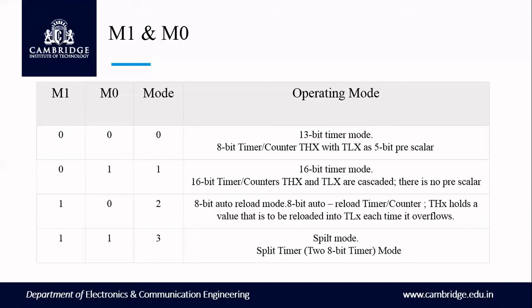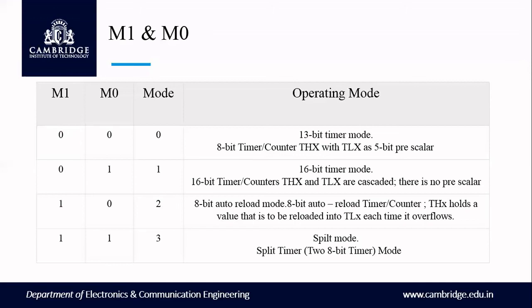This plays a very important role when you are writing assembly code for timer 0 or timer 1 in either mode 1 or mode 2. Normally we use mode 1 and mode 2. So in that case, what value do we need to calculate in order to operate the timer in mode 1 timer 0, mode 2 timer 1, mode 0 timer 1, like that? You should be able to configure the TMOD register. That is the one thing.